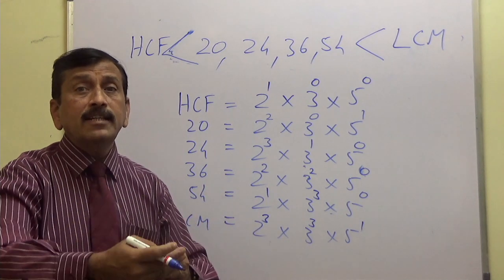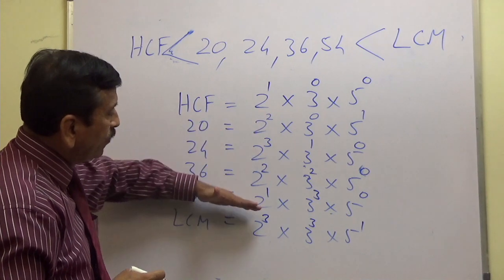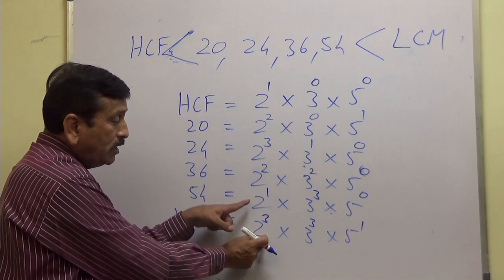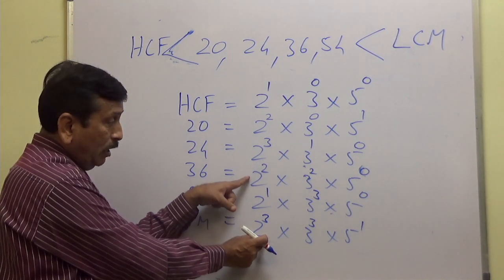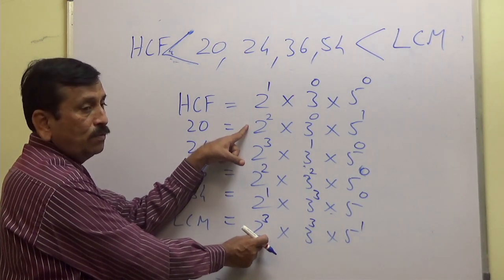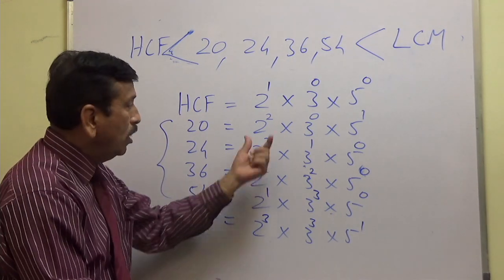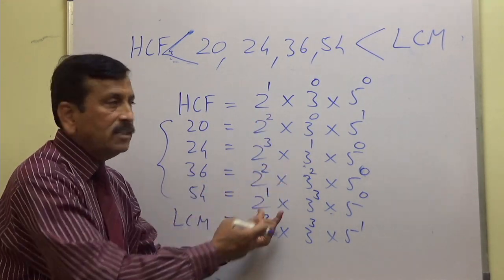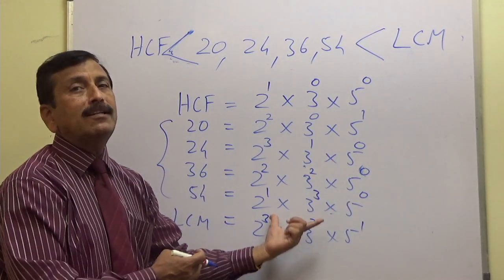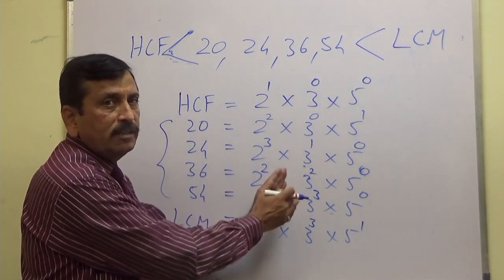Now why it is HCF and why it is LCM? Look here. Now if I consider the factors of it, when I say 2 to the power 3, 2 to the power 3 is a multiple of 2 raised to 1, is multiple of 2 raised to 2, is multiple of 2 raised to 3, is multiple of 2 raised to 2. When I look at all the four numbers, I am only restricting my analysis to the factor 2. Same analysis I will use for factor 3. Same analysis I will use for factor 5. And same analysis is true for multiplication of the factors, powers of the factor 2 and 3 and 5.